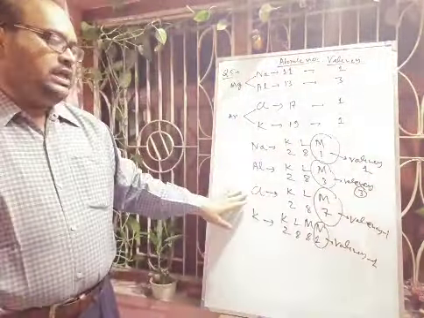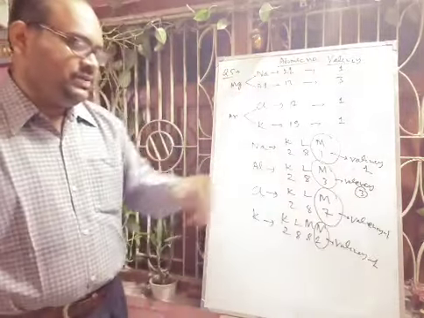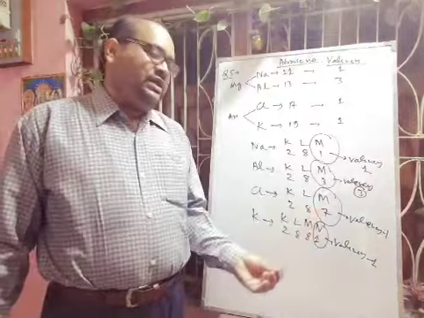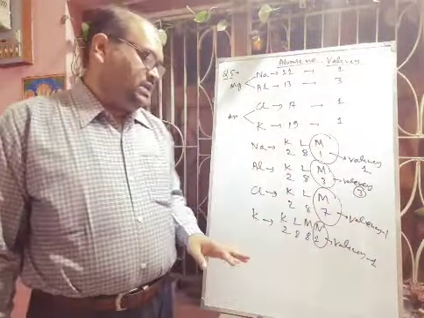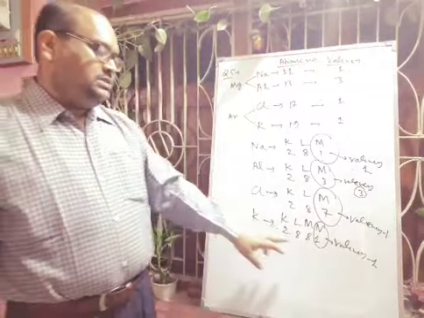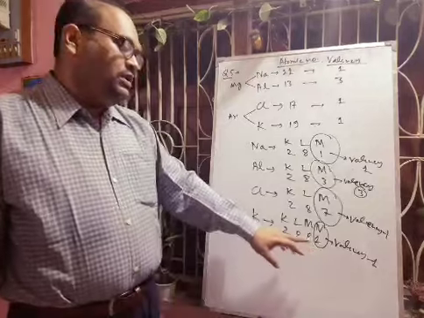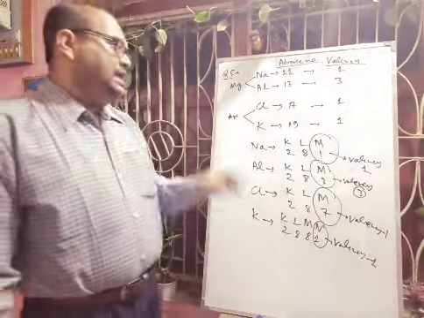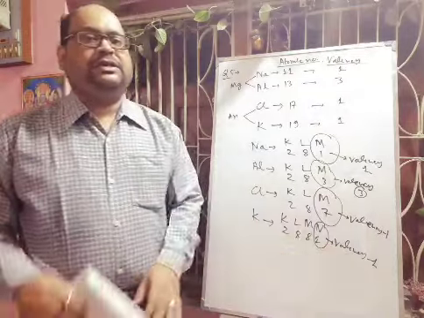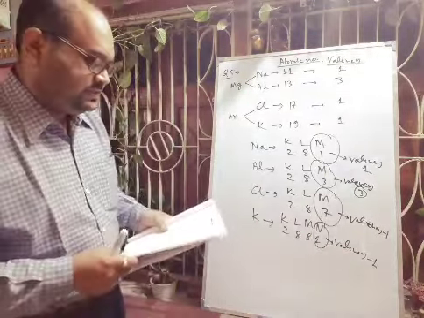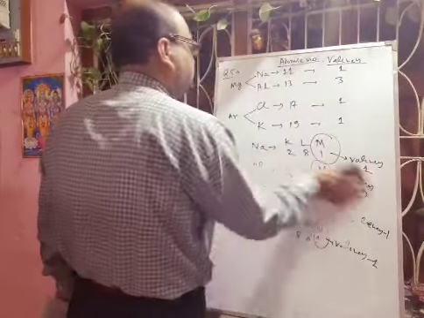But in case of chlorine, as it has 7 electrons in the outermost shell, it is very difficult to lose 7 electrons. Rather, it will accept 1 electron forming Cl minus. So its valency will be 1. And potassium also has 1 electron in the valence shell. So it will lose 1 electron and get the nearest noble gas structure, that is argon. That is why the valency of potassium is 1. So in this way you have to explain this thing. Next, another question we will discuss.